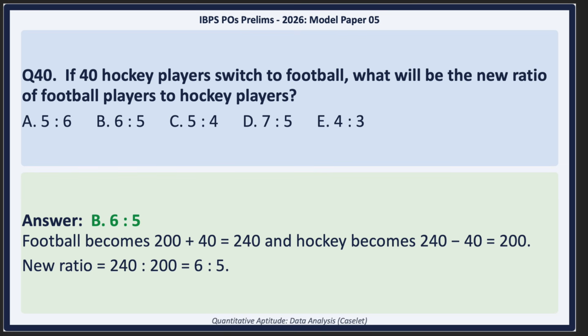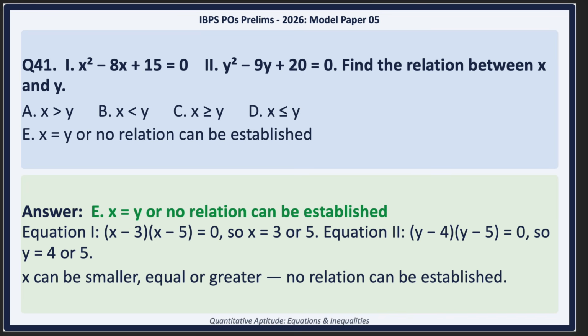Okay, so we figured out how to extract hidden numbers from tables and paragraphs. But what happens when the numbers are stripped of their real-world context entirely? Pure algebra. Yeah. That brings us to questions 41 through 45, which are pure algebraic quadratic equations. You have to find the roots for an x equation and a y equation and then compare them. This is a section where students lose massive amounts of time factoring equations when they don't always need to.